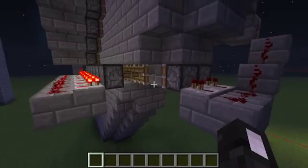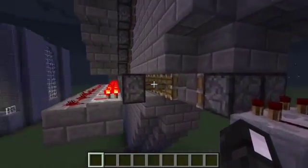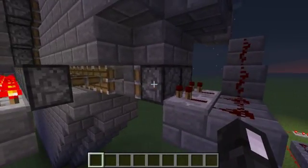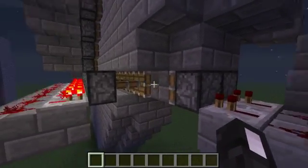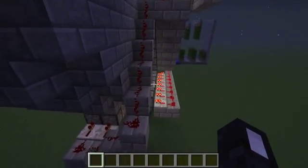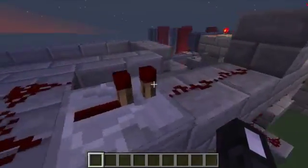So, like, if I were to flip the lever again, this left piston would pull the block this way, and this right piston would then push the stair this way. Because the turning off always happens before the activation of the other circuit. So if I press it again,